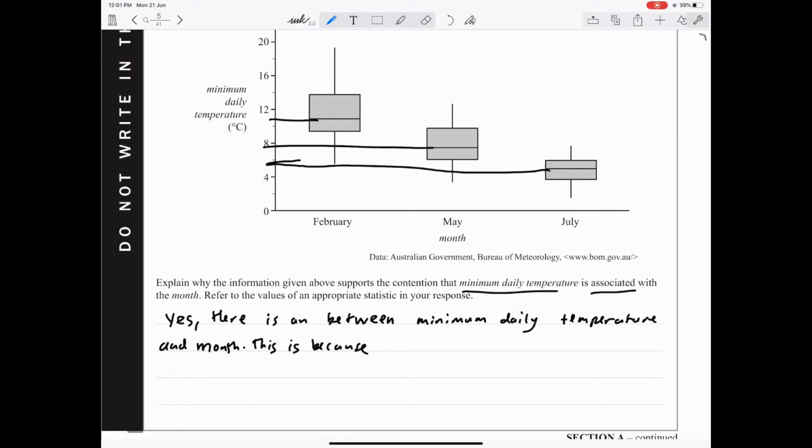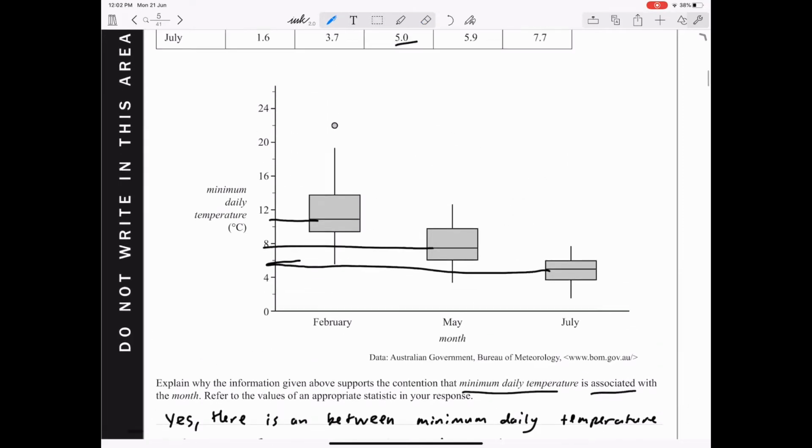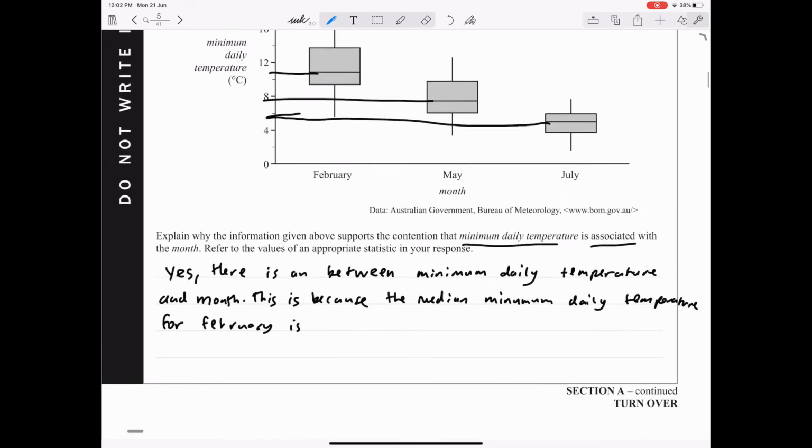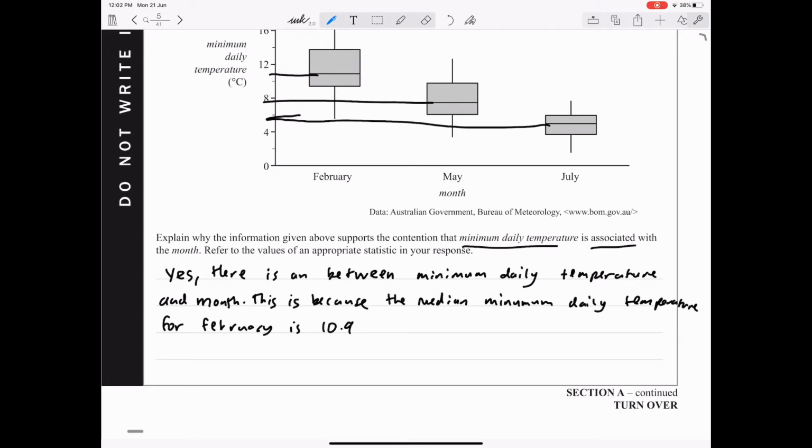So I'd say this is because the median minimum daily temperature for February is, so we know the median for February is 10.9,